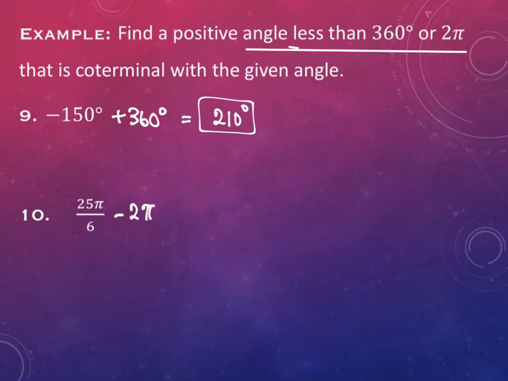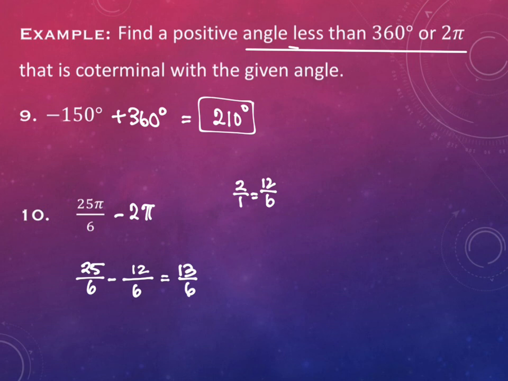Now, again, you can use your calculator if you would like. You can just have it do 25 over 6 minus 2. If your calculator is super unfriendly in doing so and you want to do it by hand, you need the denominator to be a 6. So if we have 2 over 1 and I want to turn it into something over 6, what is it over 6? It's 12. This is 12 over 6. And if I subtract 25 over 6 minus 12 over 6, I'm going to get 13 over 6,